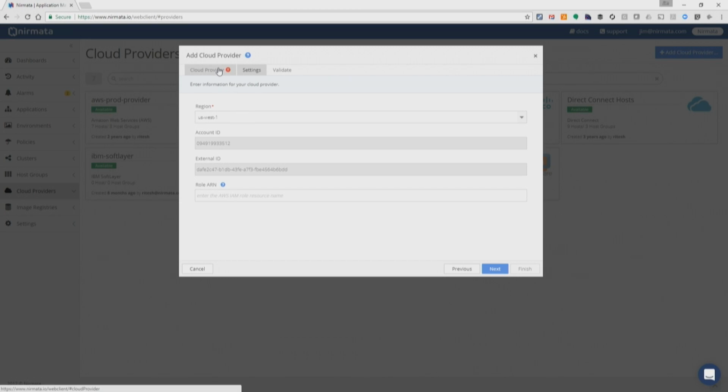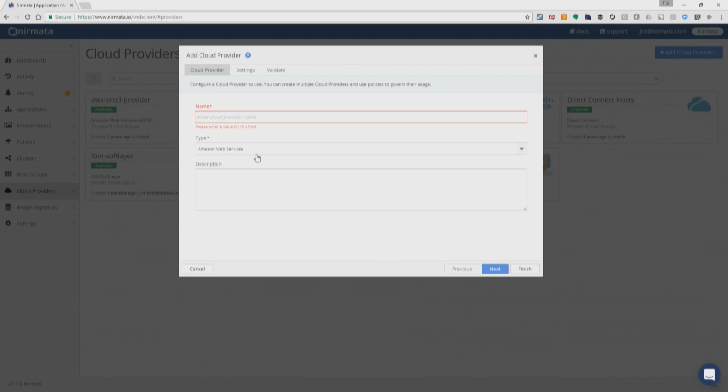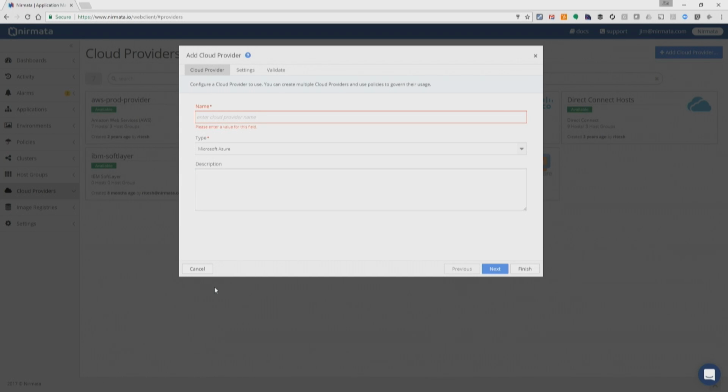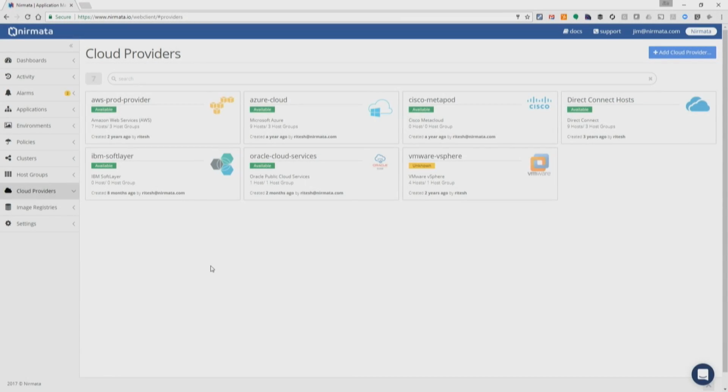So we use the best practices provided by the cloud provider. In case of AWS, it's the IAM policy. In case of Azure, it's different, keys and so on.